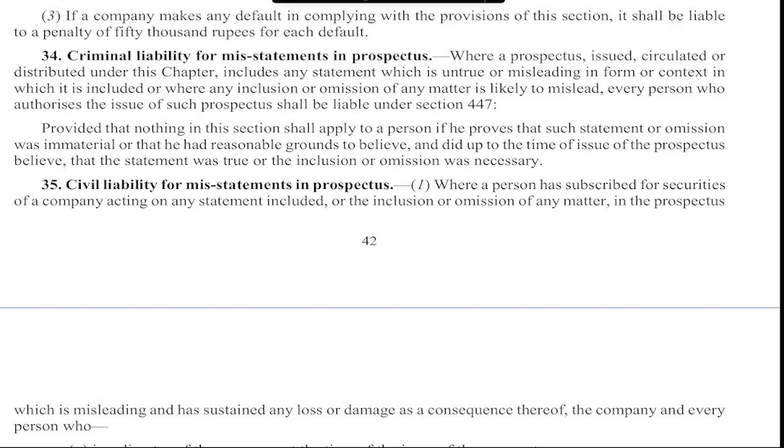Number 1. When does the section get attracted? Can you please tell me? If it includes any statement which is true or untrue, write down A in that first point, with sub points. When a prospectus contains any untrue statement,